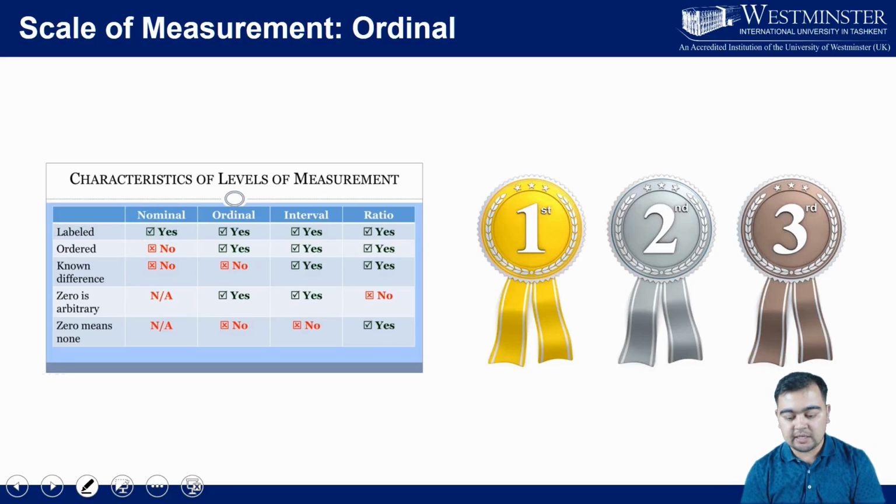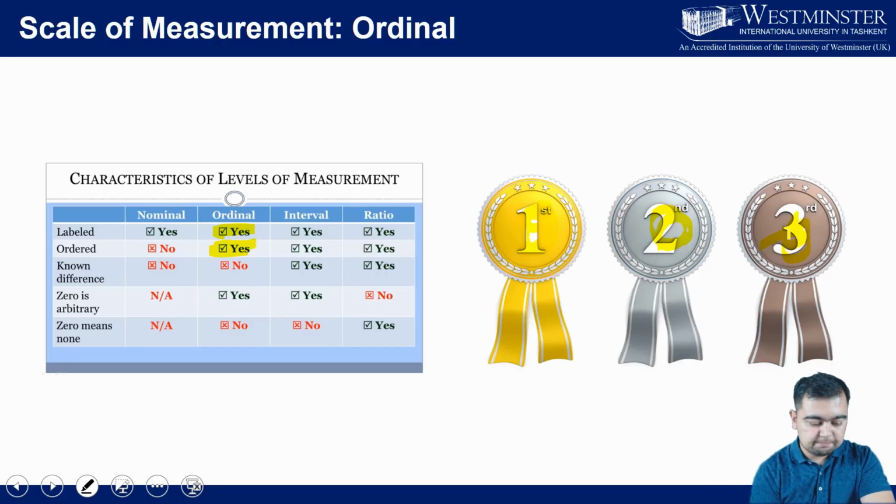Okay, now if we move on, now you might have a data set where it's already labeled, but the problem is, again, you can't really process the data as if they were numbers, right? So for example, here you have the first, the second and the third place of a certain contest, right? And basically this represents a certain order, as you see here. We said that it's already labeled, but at the same time it represents a certain order, because we know that the first place is the best place, the third place is actually not the best, but a good place, right? Now, if you have this type of data set, then we call those data sets ordinal data,